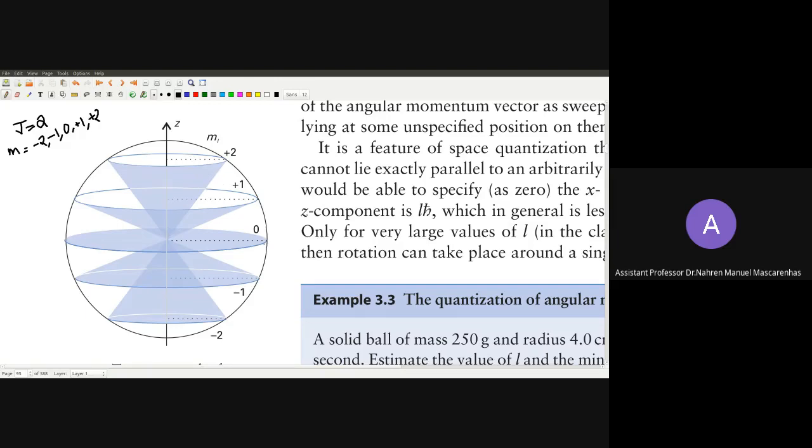So +2. What they are saying here is, your rotation will have only these. That is why they say quantized, you see, there are levels. You see this is one level, this is one level. One level can rotate along this. It's actually rotation, so it can rotate like this. Second level, it can have two values.